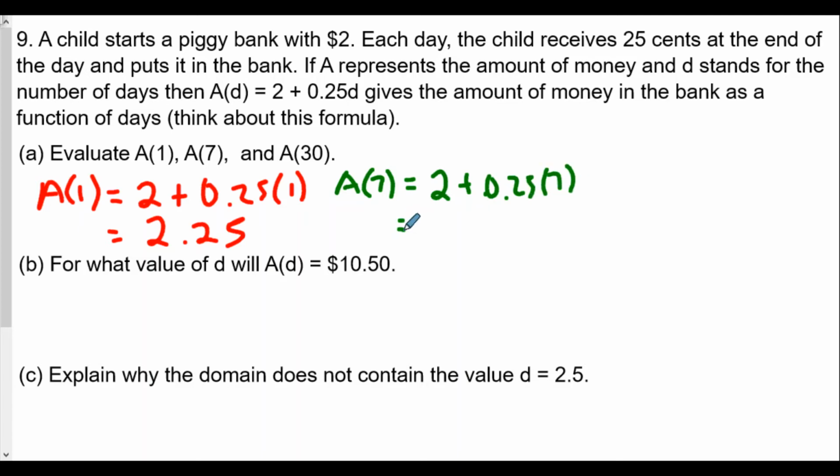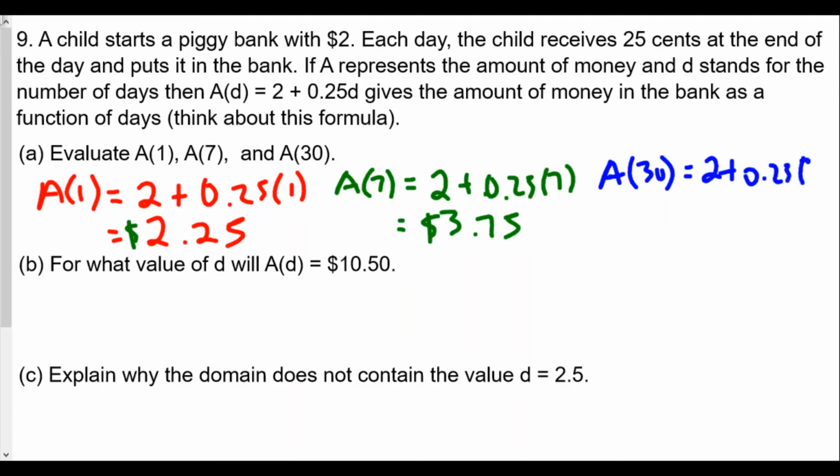Well, now 7 quarters is the same equivalent to $1.75, right? All right, so $1.75 plus 2 would be $3.75. I should put that little symbol there. Okay. All right. And then after 30 days, we have 2 plus